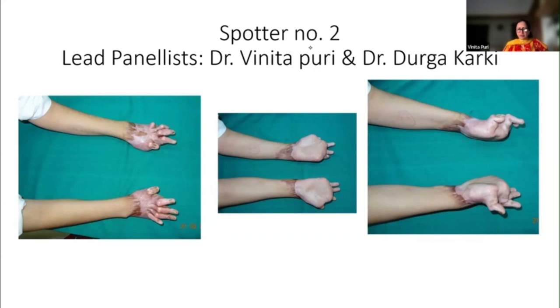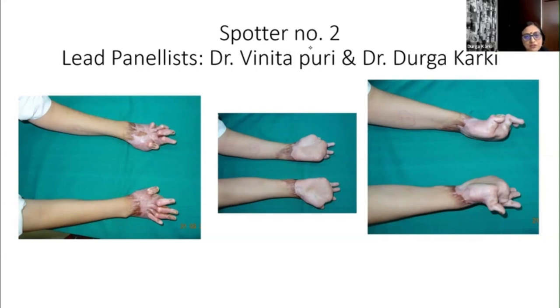So I'll give you the answer right now. There may be vascular insufficiency. Maybe you do a wound closure late, or you don't do a wound closure, allowing it to heal secondarily. There may be wound infection. There are many reasons which can lead to a hand deformity. So it is not just edema.